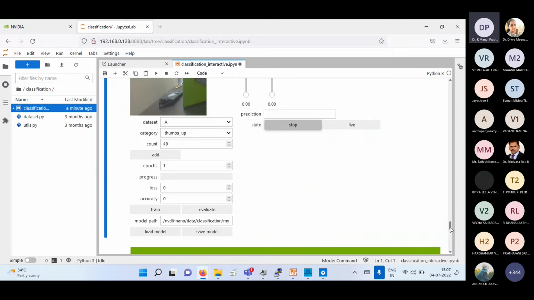So in the Jetson Nano, I'm giving only 10 FOG, and previously I trained the model. After that, it saves the model in this certain path. So I'm just loading the path because I already trained the model. I'm loading the model, and it's giving only one FOG, because I don't need to train the model. It will take some time to start the model. Within a few seconds, it will do the FOG. After that, if you show your hand either thumbs up or thumbs down, it's going to show the prediction values.